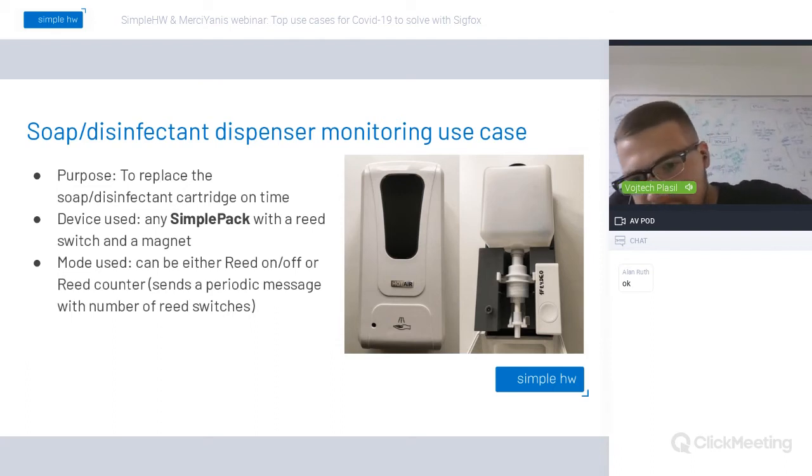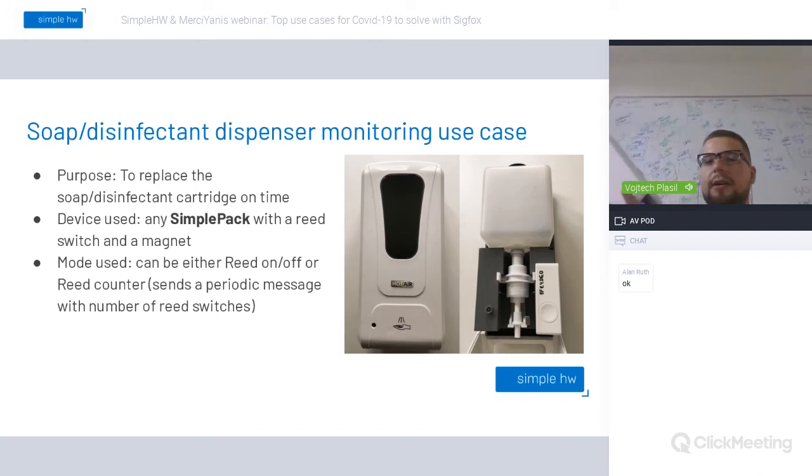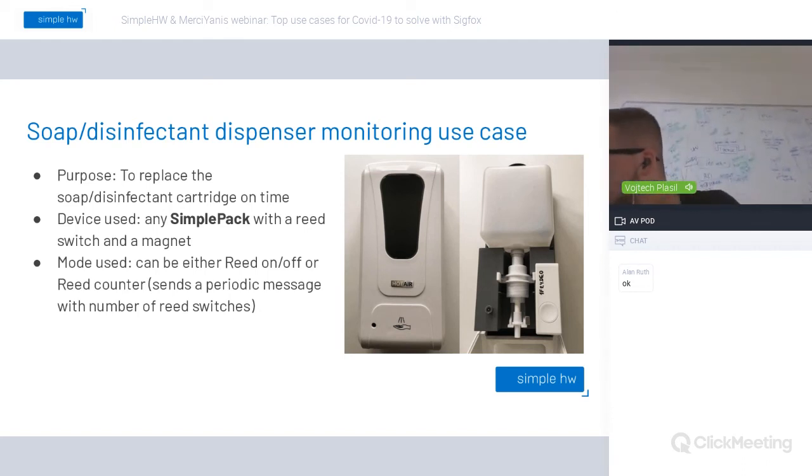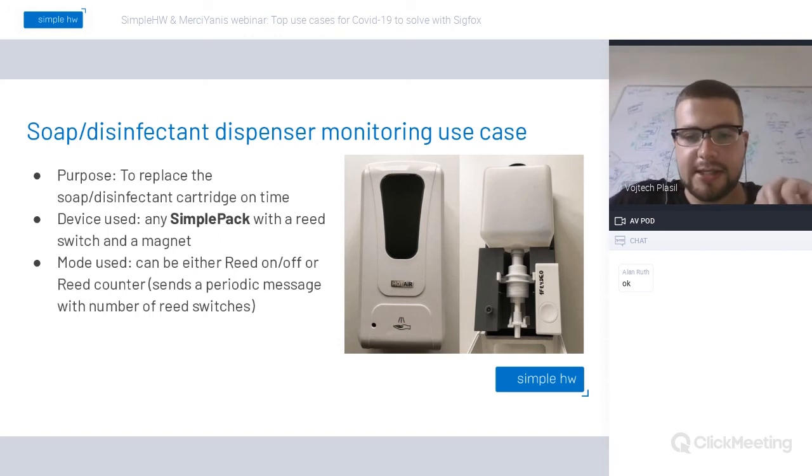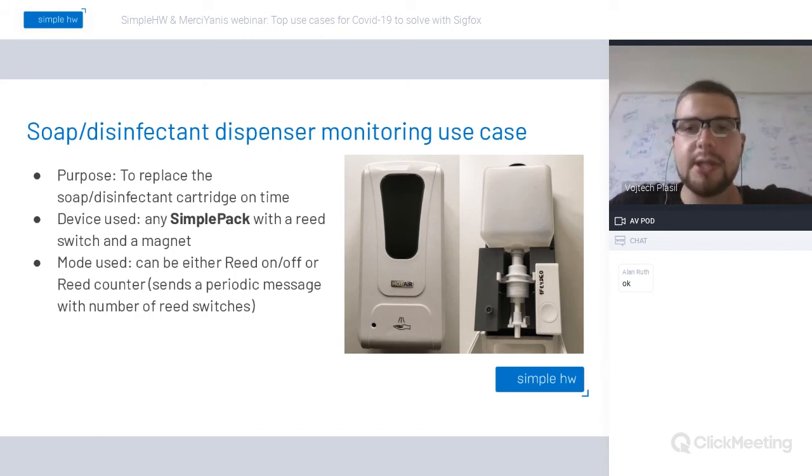and if you look at the internal mechanism of the dispenser, you will see that there's a little magnet on the side. And what the device does is that it will notice the presence of your hand. So if you go like that, you've seen the blue light. That means the soap was dispensed because, of course, you put your hand under the dispenser. And what the device does, based on the movement of the magnet, is that it counts the amount of switches